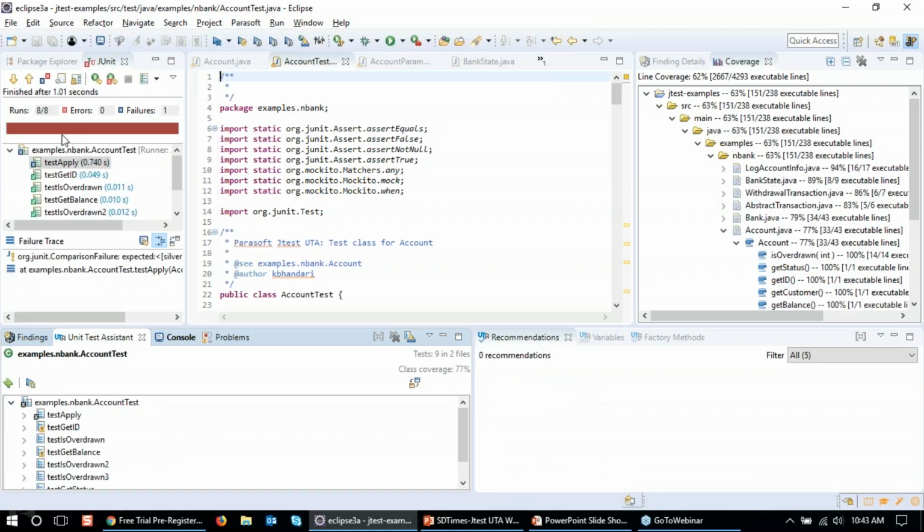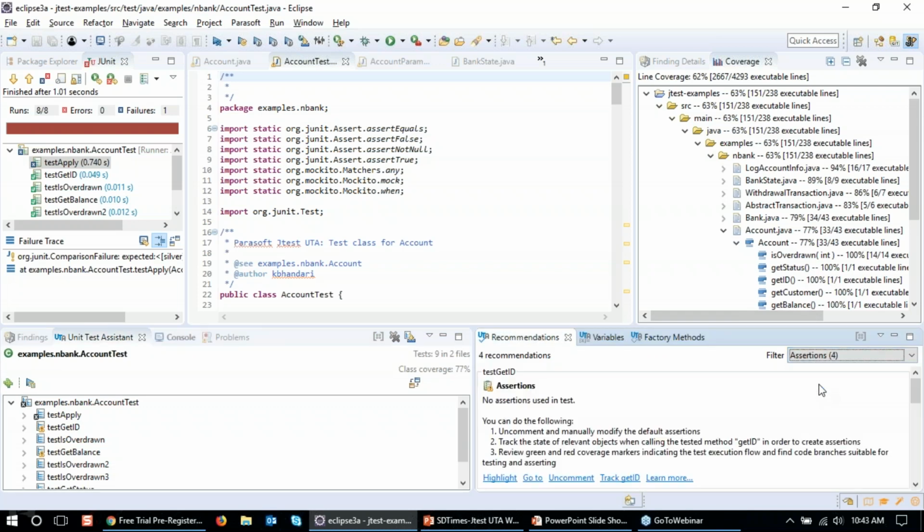Now I know my unit test failed here, but what do I have to do now? I would have to figure out where the unit test failed, go into it, look at the data, maybe debug it, and identify if it's an assertion and update the assertion value correctly. With UTA, we've actually been able to